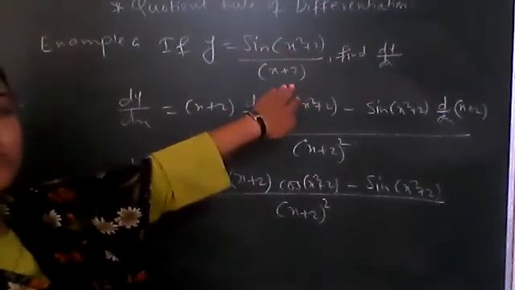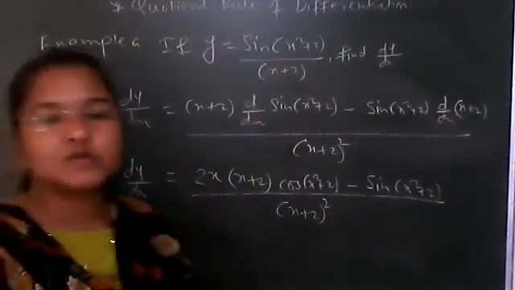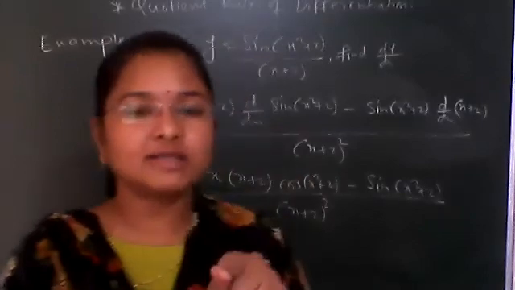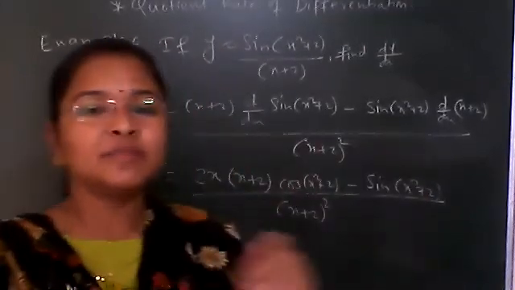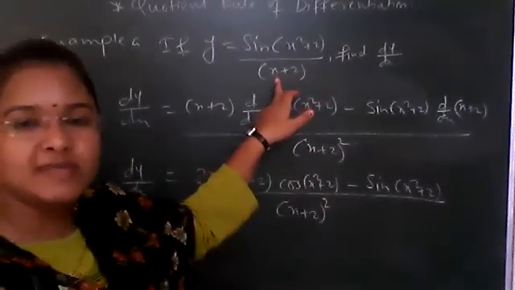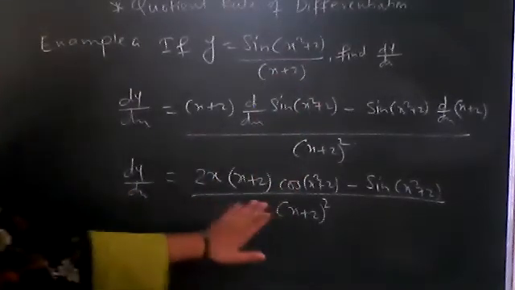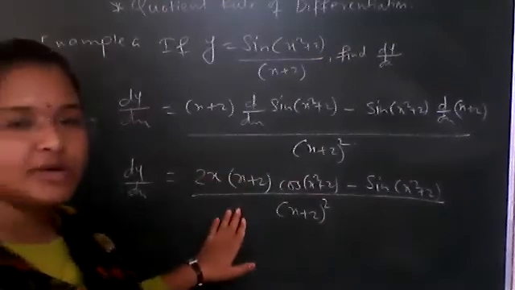Solve it properly, write it properly, because so many times when you are writing the question in the answer sheet, you are copying it wrong. Suppose here x square plus 2 is there, the same you must write here, x square plus 2. So please see it properly. Here we cannot cancel any term from the numerator and from the denominator.